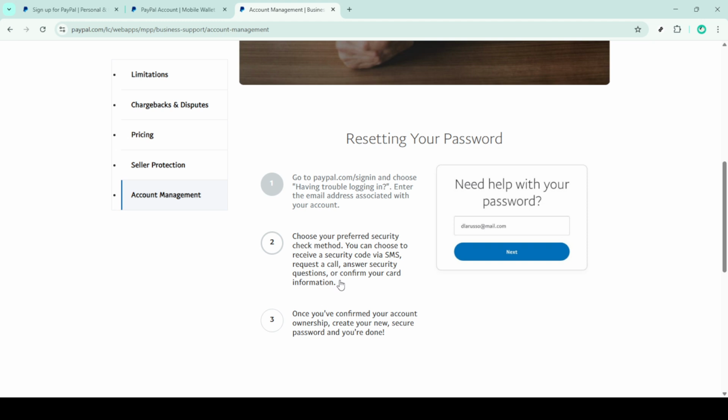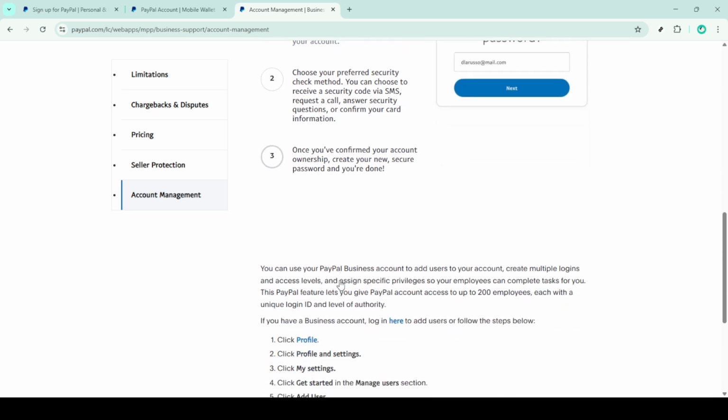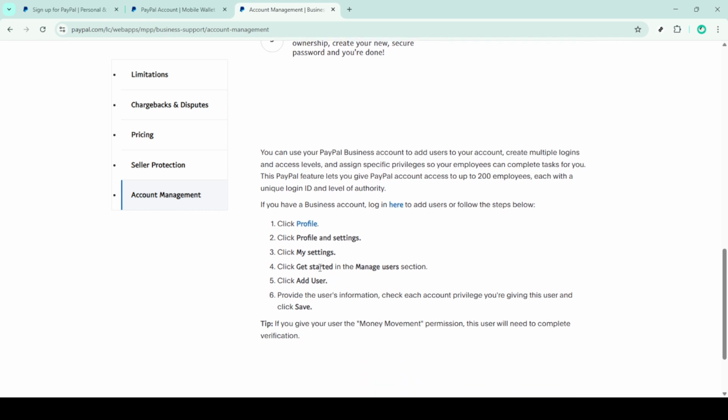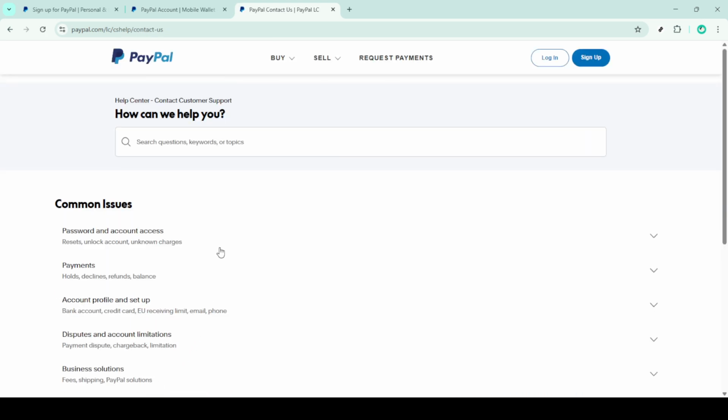password. In instances where resetting your password doesn't go as planned, or if you encounter any hiccups along the way, don't worry. You have the option to reach out to PayPal's customer support for additional assistance. To do this, simply visit their website and navigate to the Contact Us section. Here you'll find various methods to connect with their support teams, such as via email, phone support, or even live chat if available. Those are the steps, and with a little patience, you should be back in your account in